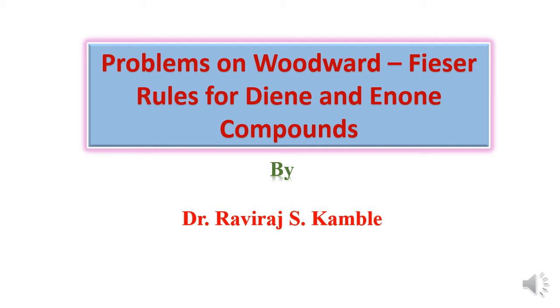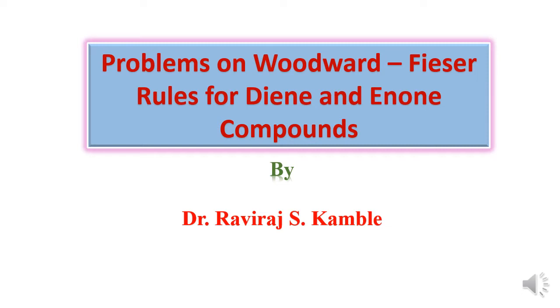Hello dear students, in this small lecture we will see the problems based on the Woodward-Fieser rules for diene and enone compounds. If the structure is given, then by applying the Woodward-Fieser rules we can easily calculate lambda max value for the diene and enone compounds. In the exam, the structure of the compound is given and you have to calculate lambda max value by using